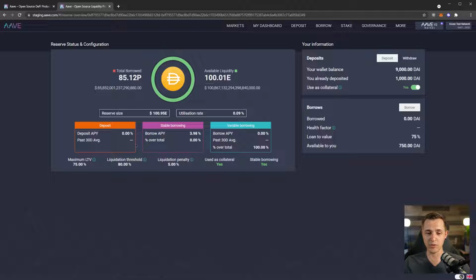That is why the APYs are almost nothing. This also shows you the maximum LTV. So if I deposit 100 DAI, I can borrow $75 worth. So there we have that. And then this also just gives you some other really valuable ones. So we see the liquidation threshold. I can borrow 75 out of 100, but if it goes to $80 or 80% of that 100, then I